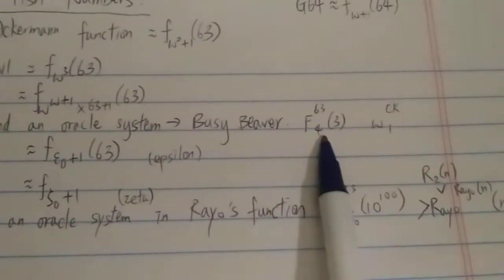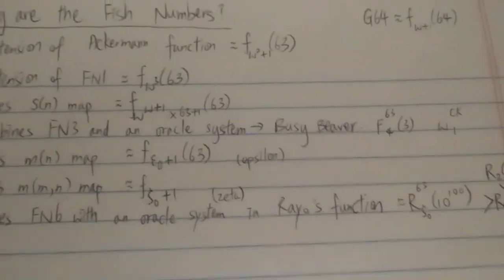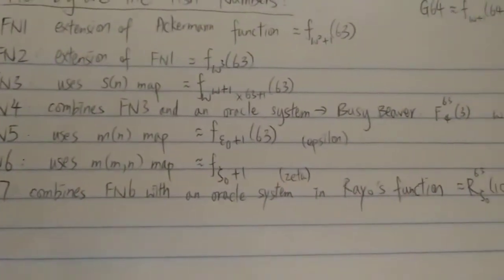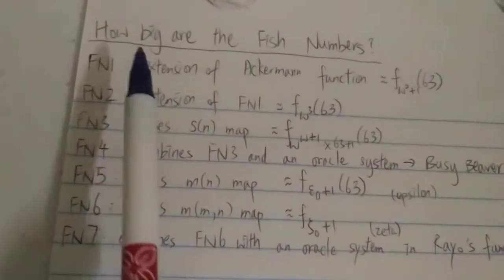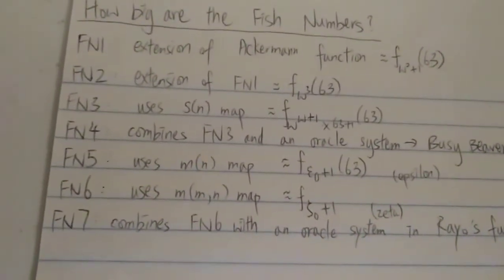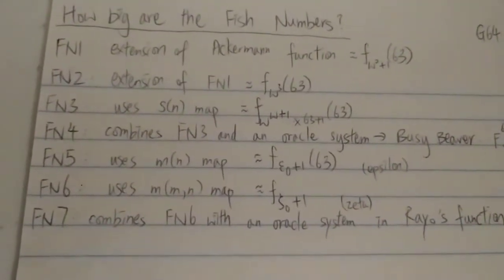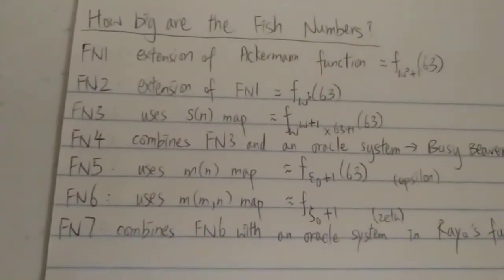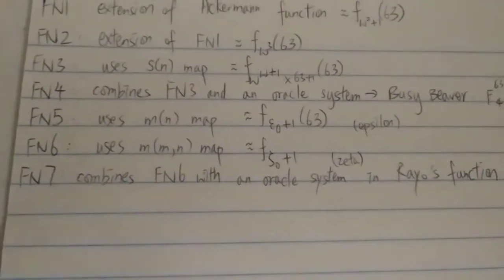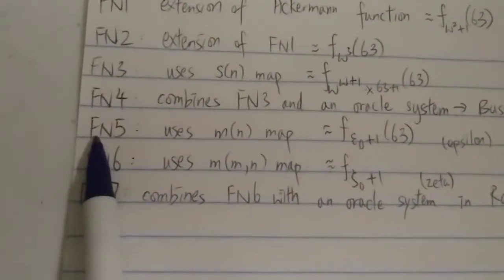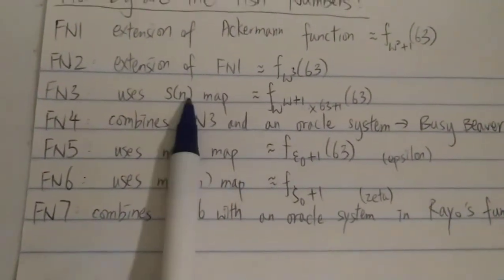And it's kind of written in this way, but again, it's based on the busy beaver, so it's basically bigger than the other one, because the other ones, fish numbers 1, 2, 3, 5, 6, are based on some kind of computable function. But fish number 4, I think, is smaller than Rayo's number because it's based on the weaker busy beaver function. And the next one, fish number 5, it uses another thing, but similar to this one, is called